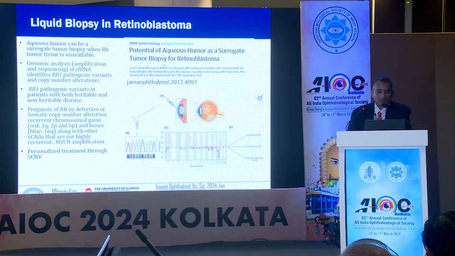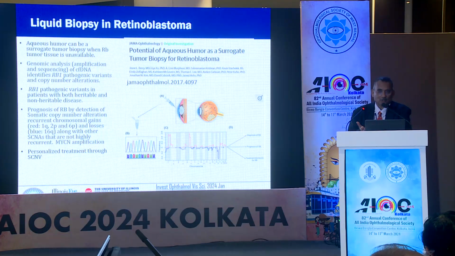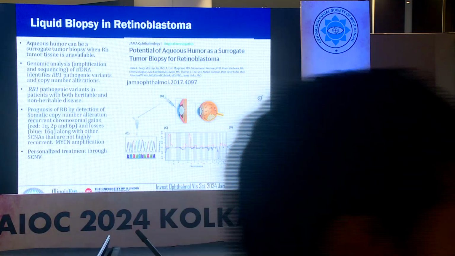So this is the paper that I was talking about. You can actually find cell-free DNA in the anterior chamber aqueous, and sticking a needle in the eye with retinoblastoma is not the best thing to do because of the risk of metastasis. So you can, from the aqueous, not only identify the RB1 mutations, but also look at copy number variations, which help in identifying prognosis, and also MYC amplification. And based on just an aqueous humor tap and doing gene sequencing on cell-free DNA, you can really personalize the